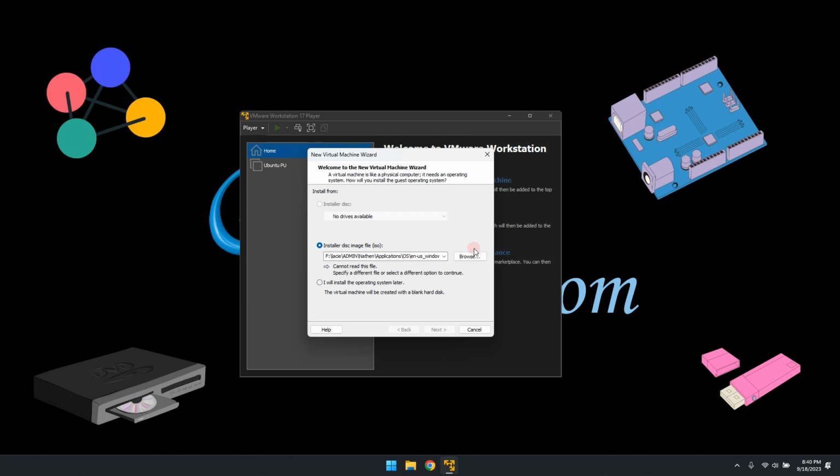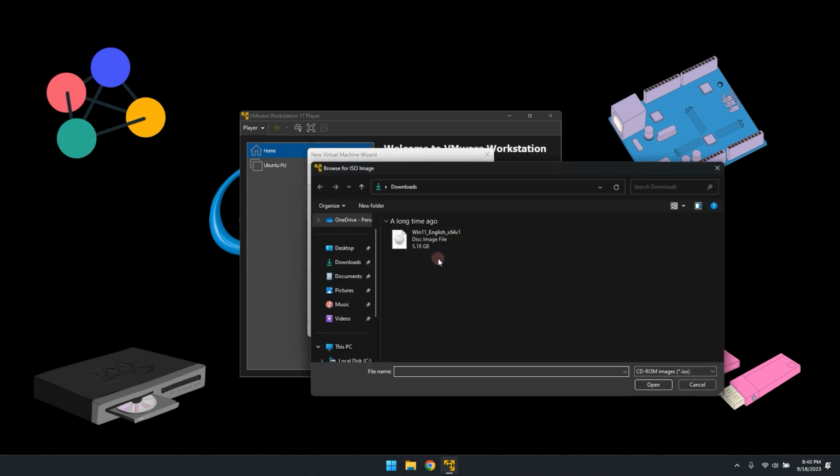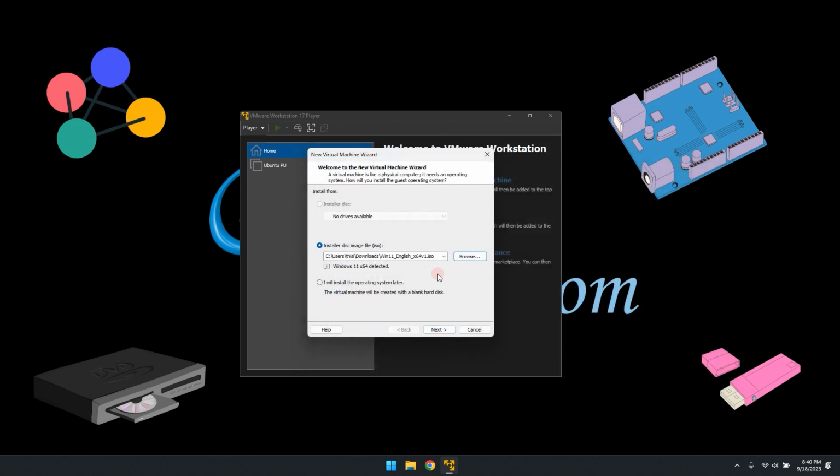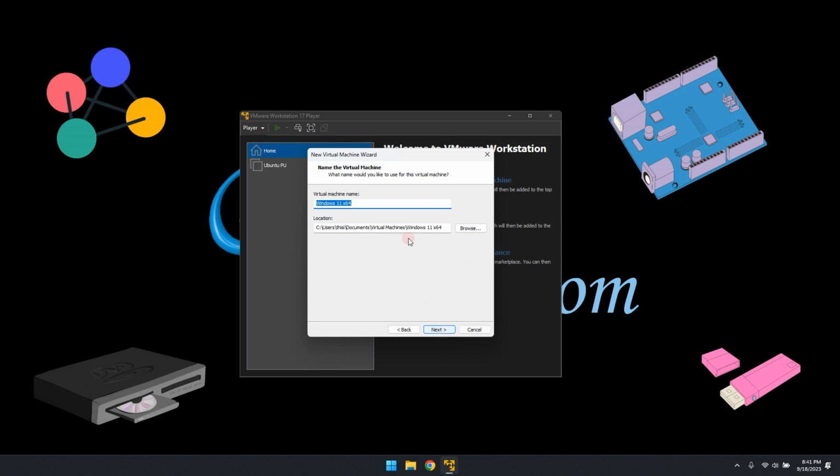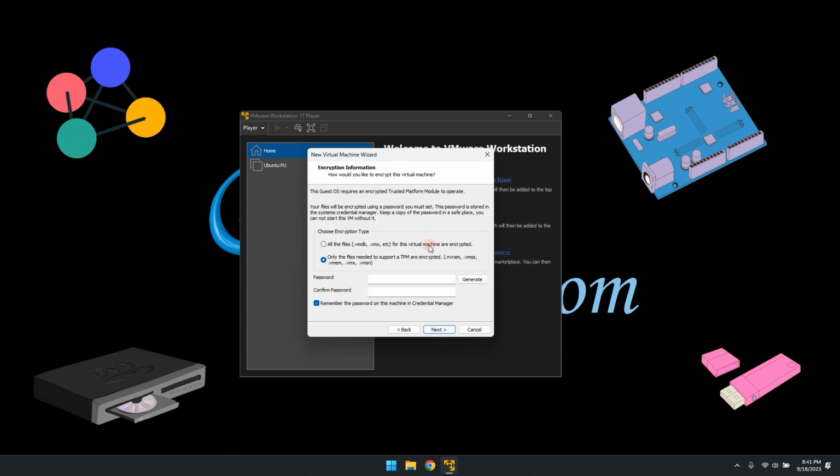It could be Ubuntu, Windows, or any other version of Linux, etc. For this, I will be using a Windows 11 image, and you get to select the file from here and hit on open, and it will detect it's Windows 11 64-bit. Click on next. Give your virtual machine a name. I will give it Windows 11 testing, and then choose a location for your virtual machine to create, and then click on next,